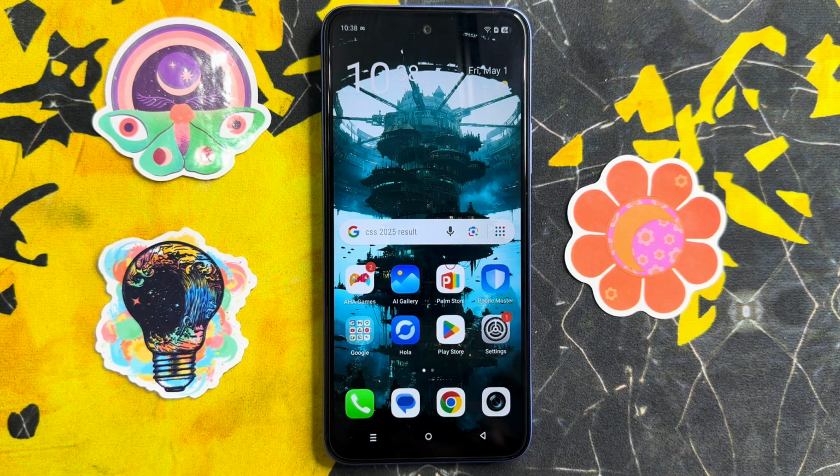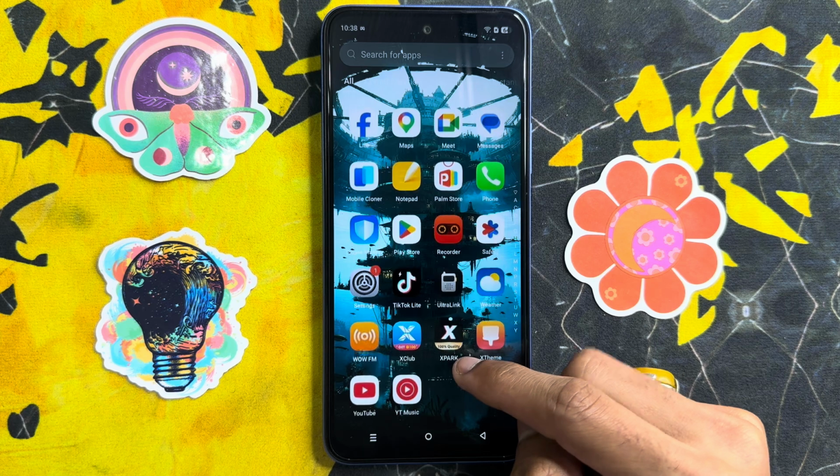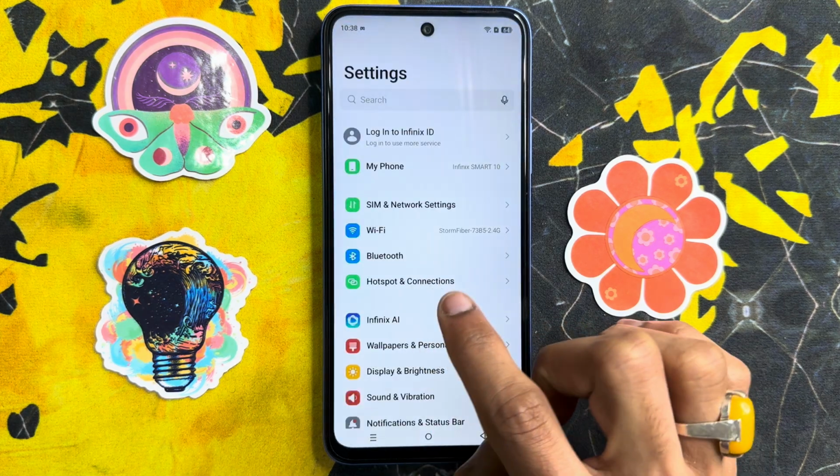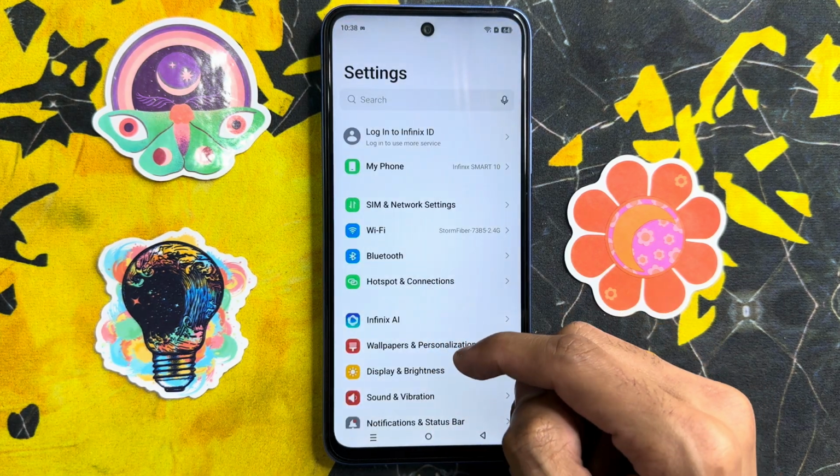In this video I will show you how to fix when it keeps updating on Infinix GT50 Pro. Let's start the video if you want to fix this problem. So first of all, go to app library. Here click on settings app. Now in settings, scroll down